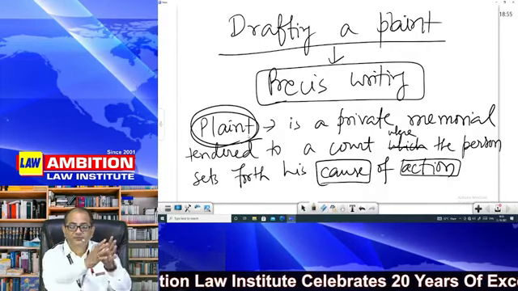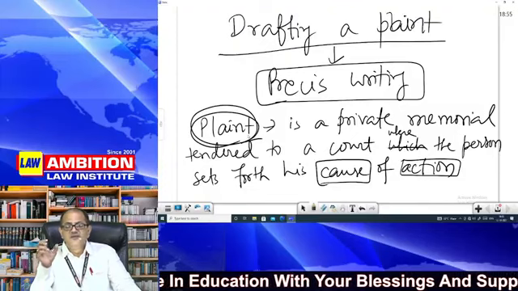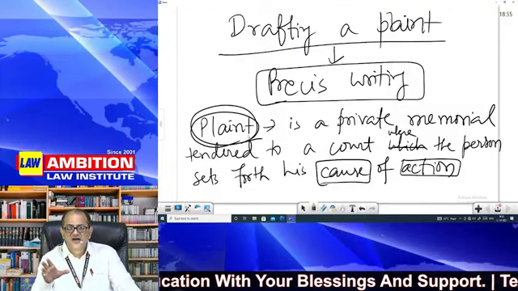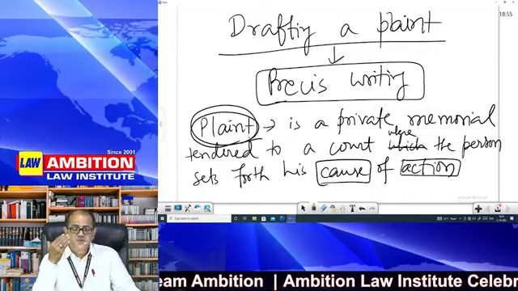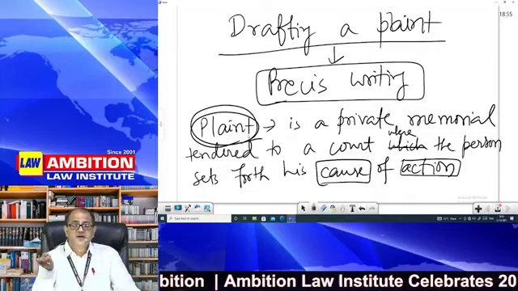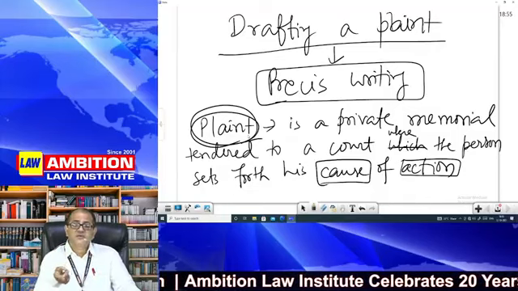If you are talking of contract, you should have a little bit of idea of contract law. It is not necessary that you should be well versed with contract law and you should have read all books on contract law. I am not saying that. I am saying that as a lawyer, as a judge, or as a student of law, you should have awareness of that particular statute regarding which you are claiming a right in a court of law. So awareness of law is required, though law is not required to be written in the plaint. But you can draft a plaint only if you know the law.